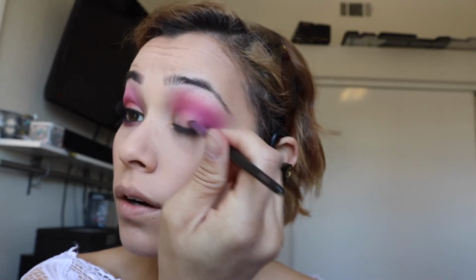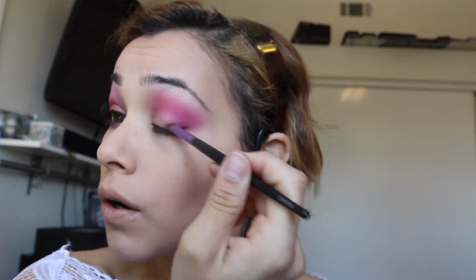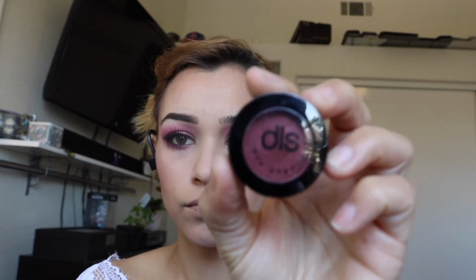Now that our crease is all done, we're going to move on to the eyelid, and for that we're using the Beauty Basics Foiled Shadow in Sweet Taffy with the Ivory Beauty Crease Brush. I'm just going to focus that color in the center of my eye. Afterwards, we're going to be using the DLS eyeshadow in Snagria, and then also